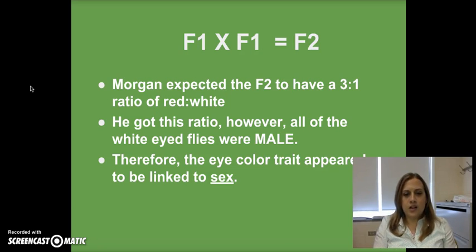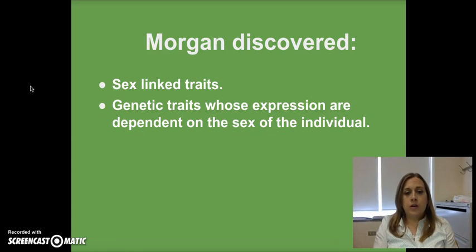So then he crossed two members of the F1 generation to get the F2 generation. He expected the F2 generation to have a 3-to-1 ratio of red to white because the white appeared to be recessive. He did get this ratio. However, all of the white-eyed flies were male. So he determined that eye color trait appeared to be linked to sex. And so he is responsible for discovering sex-linked traits, and these are genetic traits whose expressions are dependent on the